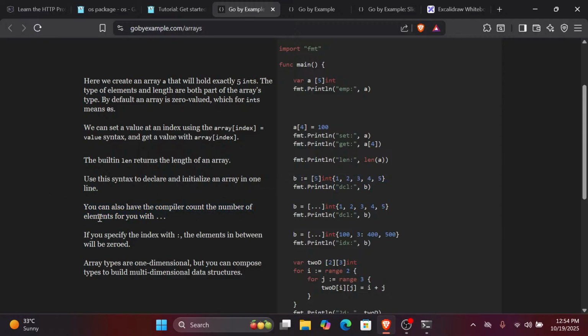Yeah, the compiler counts the number of elements for you. If you specify the index with a colon, the elements in between will be zeroed. I actually tested this; I remember testing something about this. Okay, so b equals this thing, the compiler will infer the number of elements. b is being assigned, so this literal should be of size 5. It must be. You have 1, 2,